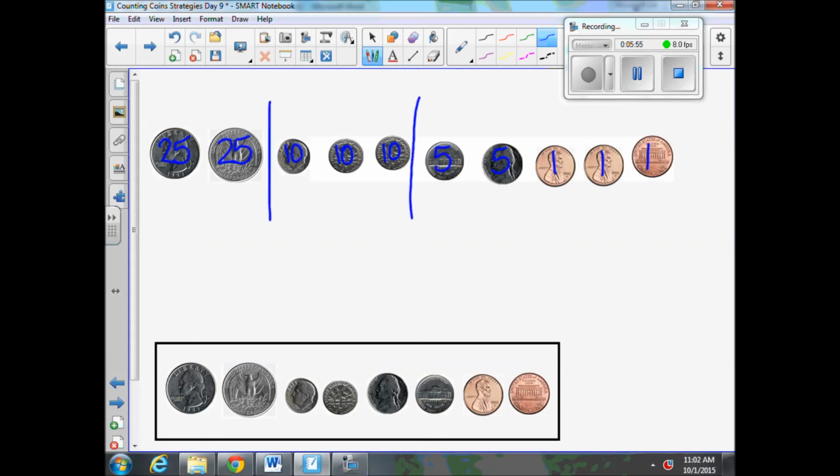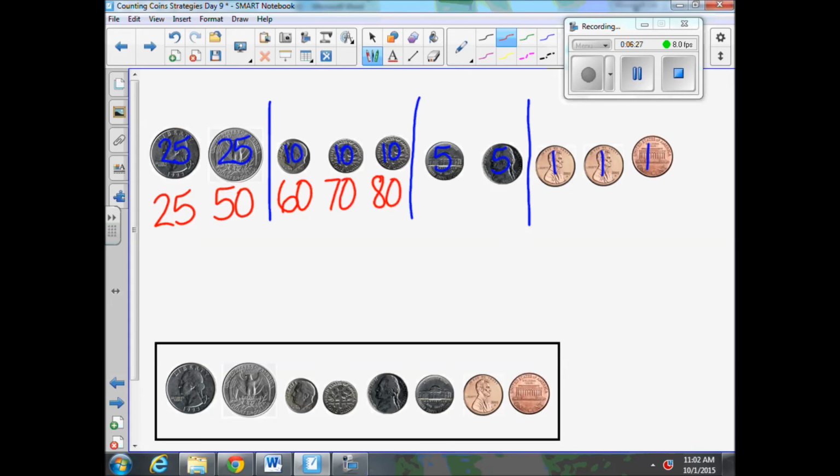You're going to see I'm putting a line in between just so that when I come to one of these lines, I'm going to stop and make sure I'm thinking correctly, thinking about where I'm going to count next. So help me. Let's start counting. Ready? The value of this is 25, 50. Now I know I'm at 50, and in my brain I'm thinking, okay, now I'm going to start counting by tens from 50. I know I go 10, 20, 30, 40, 50. Now I go to 60, 70,